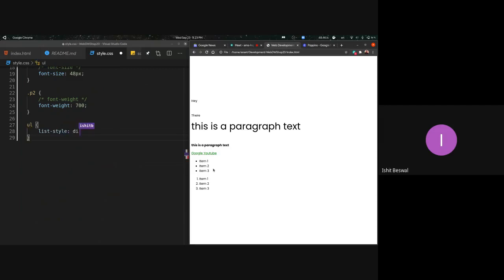Now, by default, this is called disk. So when we refresh, obviously nothing changes, right? So Anand, if you can just show what other properties are there. Okay, right.